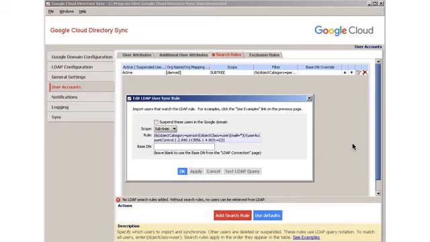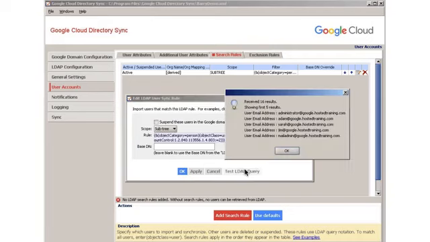Every LDAP object has an object category and object class, so we can distinguish whether it's a user, group, or shared contact. In this example, the search rule will return only LDAP objects with the following attributes: an object class of user, an object category of person, and has an email address. This search rule will only find users who have an email address in the LDAP. Then click Test LDAP Query to see the results. This search results in 16 users, and GCDS only shows you the first 5.